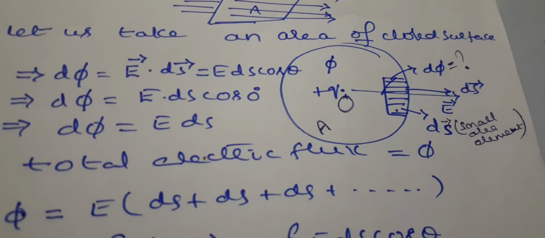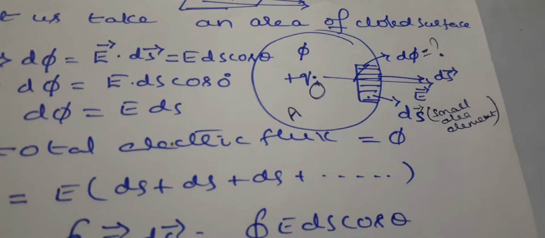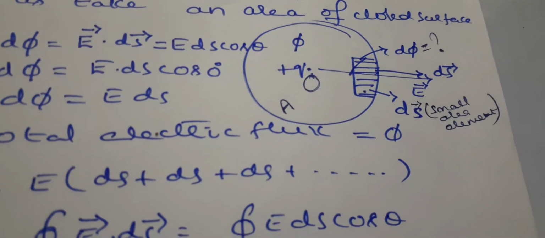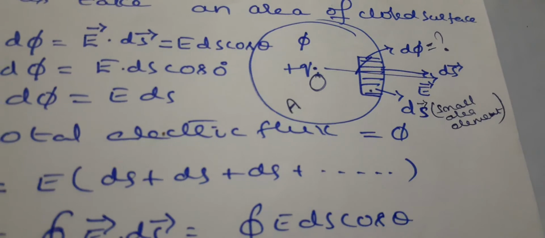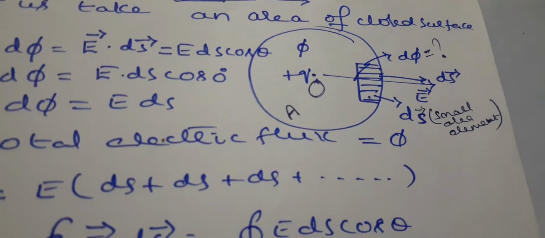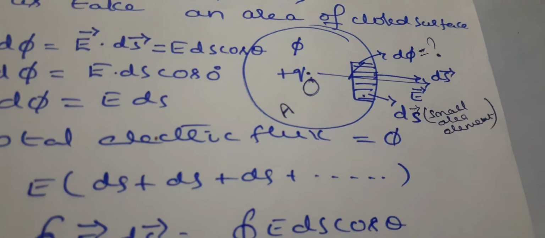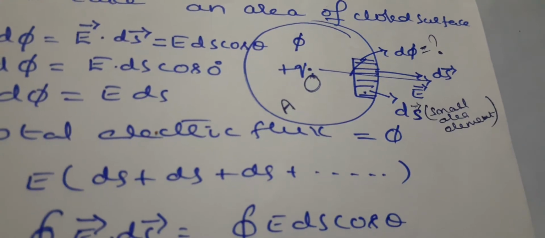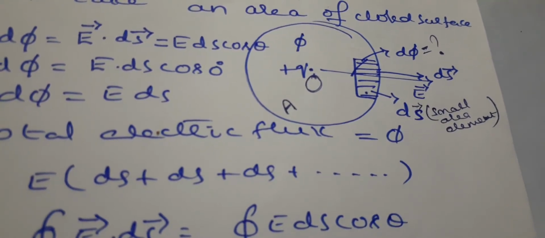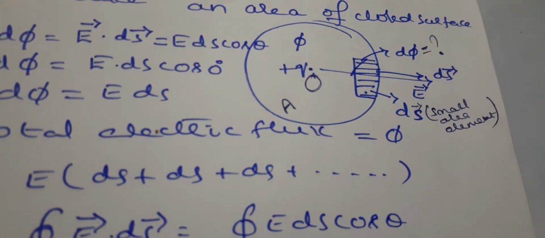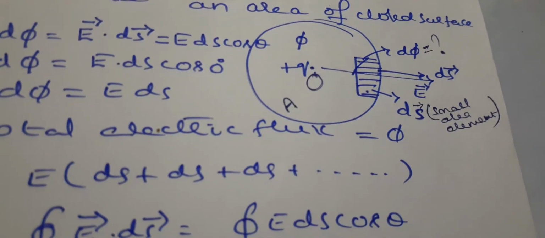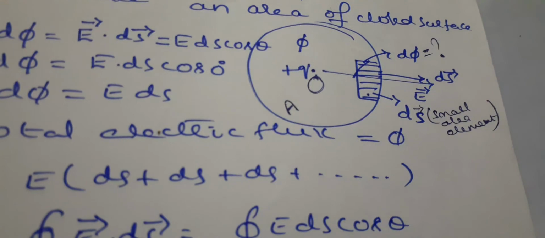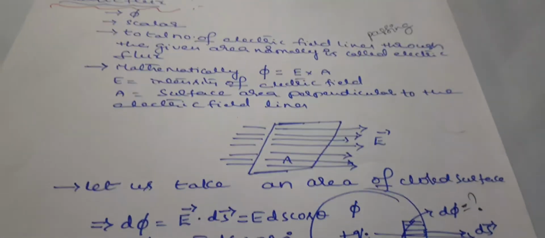Now in this closed surface, we are selecting a small area element in the form of a box. Students, you can see dS bar. It is a small area element, but the total area of this closed surface is capital A. The intensity of the electric field is denoted by E bar. Both are parallel, denoted by the arrow marks there. In this small area element, vector dS bar, there is some small amount of electric flux denoted by d phi. You know phi equals E into A.